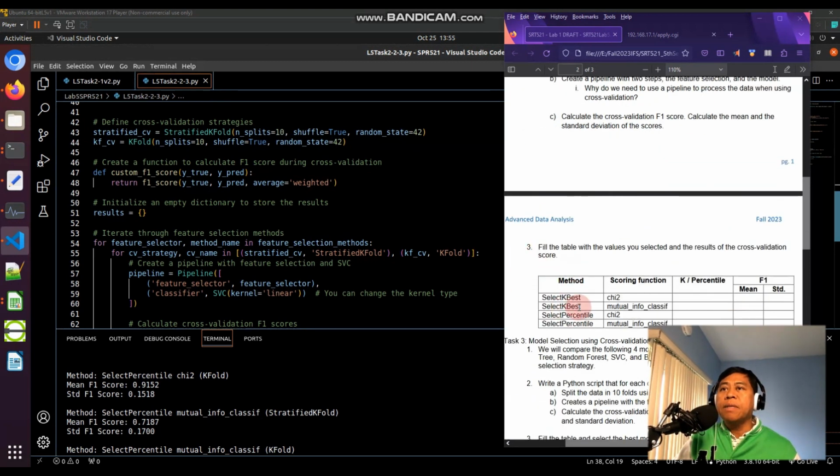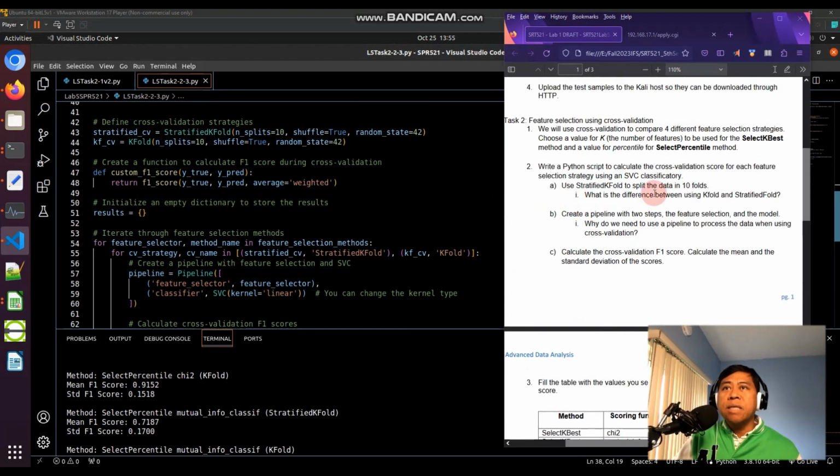So it's gonna help fill up this table here, right? So pretty much what it's asking here is to create a Python script, calculate cross-validation using stratified K to split tenfold. So basically, there you go. We have to define the cross-validation strategies, and we will have to put tenfolds over here as indicated here. And I will also include K-fold and stratified fold just to have an idea in the output which one is our